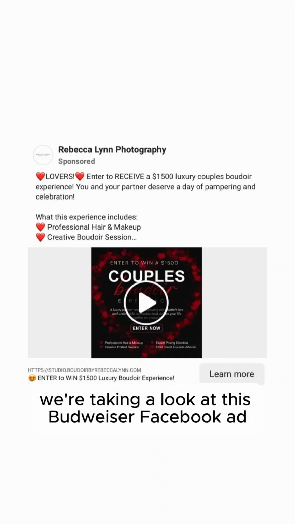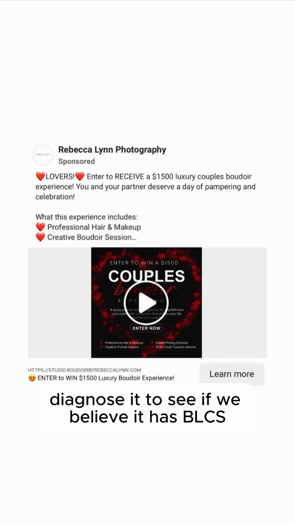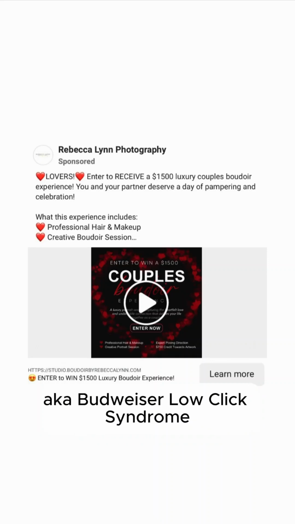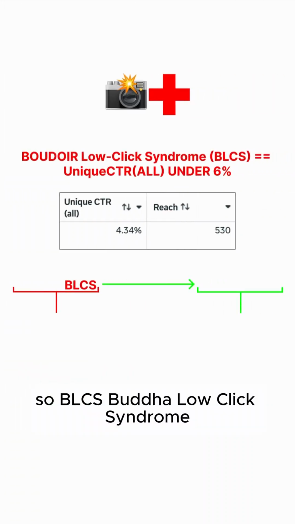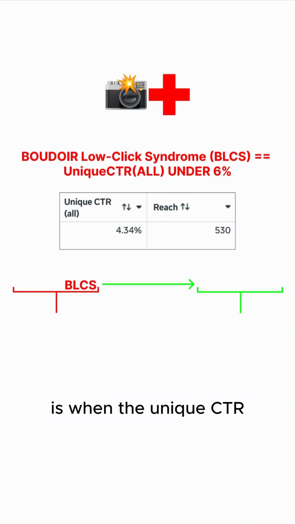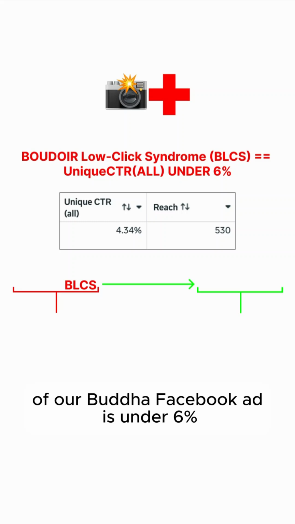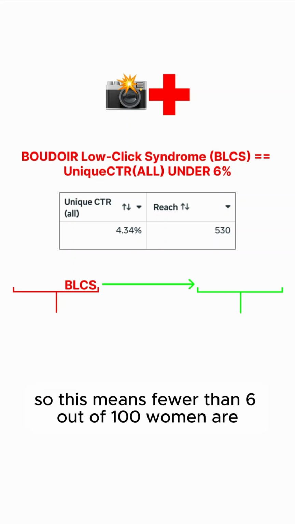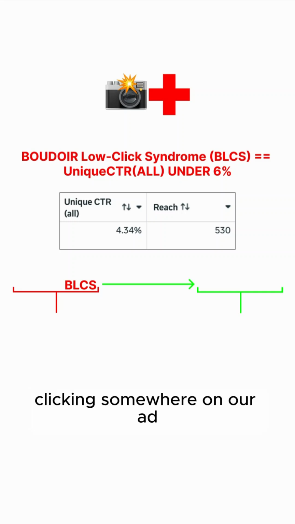All right, y'all, we're taking a look at this Boudoir Facebook ad. We're gonna diagnose it, see if we believe it has BLCS, aka Boudoir low click syndrome. So BLCS is when the unique CTR all of our Boudoir Facebook ad is under 6%. So this means fewer than 6 out of 100 women are clicking somewhere on our ad,